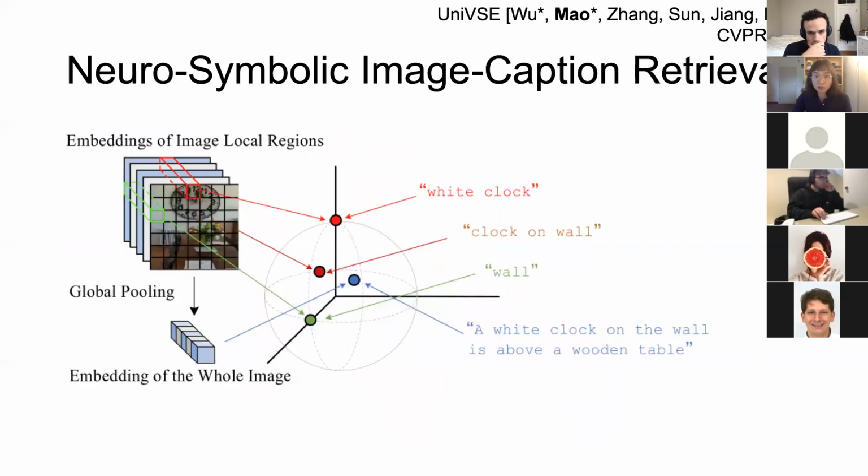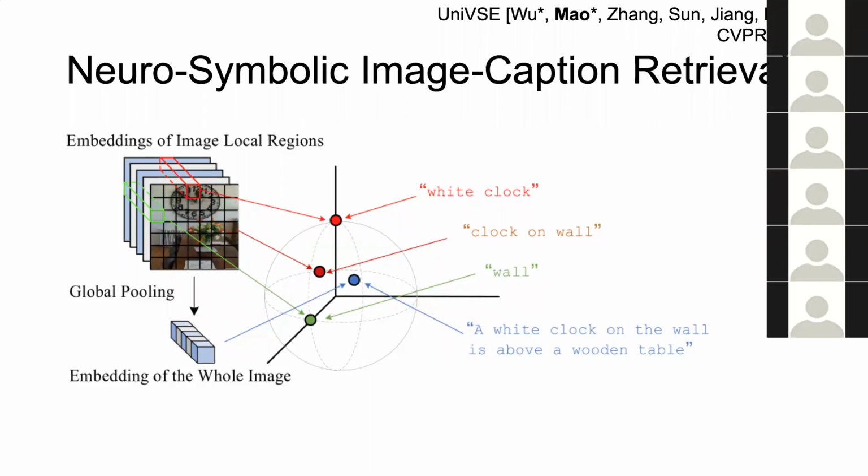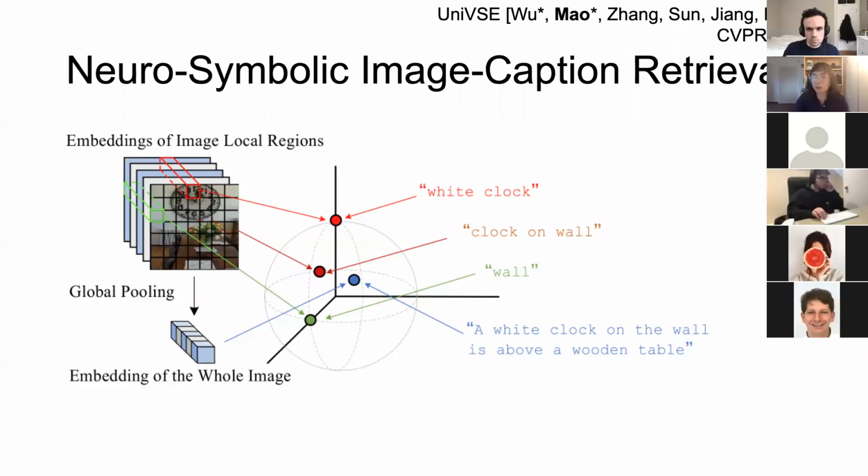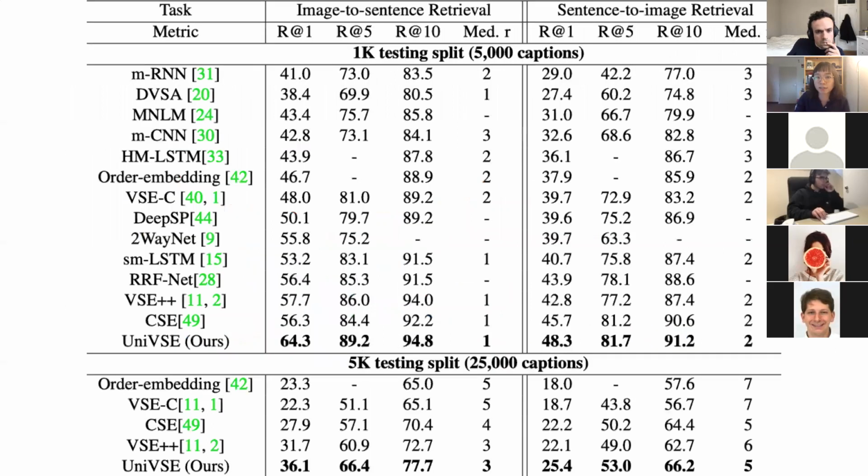So since we do not have an object detector for many real world scenarios, we slightly modify this framework. Instead of grounding individual components on an image to the scene, we instead ground them to multiple pixels in the feature map. I won't go into the details of this work, but I want to show you some results we get.